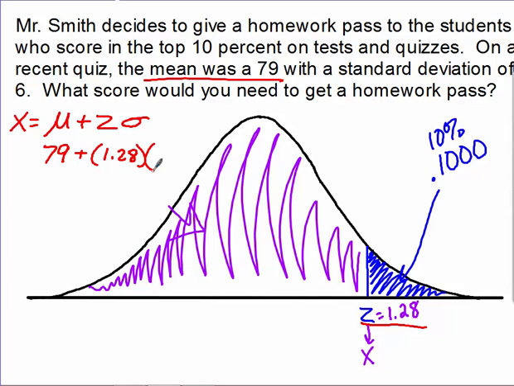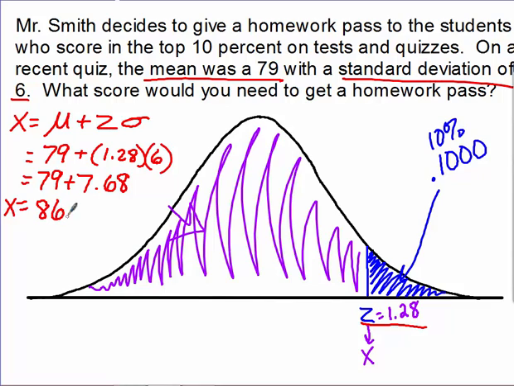I'm going to multiply that by my standard deviation, which was 6. If I use a calculator, 1.28 times 6 is about 7.68. So I take 79 plus 7.68, and I get a total of 86.68. Which means, essentially, if I score about an 87% or higher, I'm going to get a free homework pass